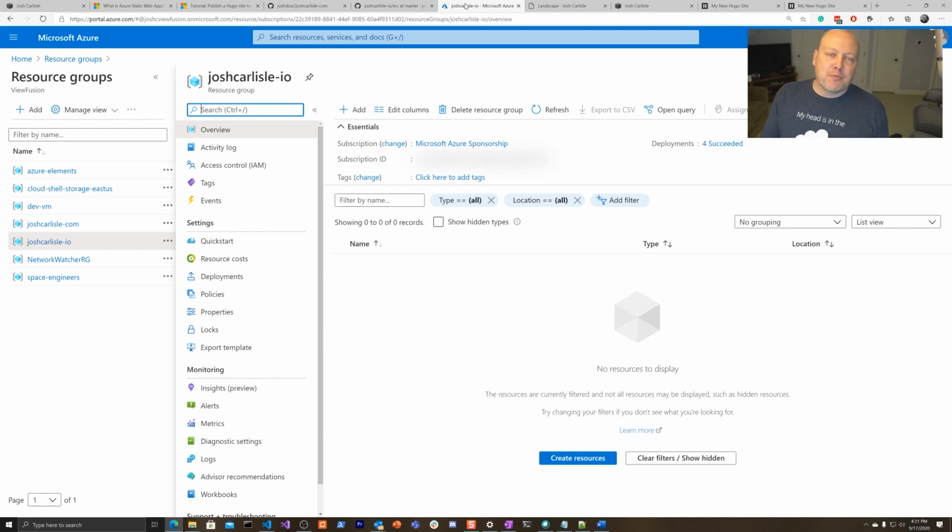Now, I'm in the Azure portal. We're going to create a new Azure Static Web App instance through the Azure portal. Now, of course, I'm going to use the portal. It's all UI based, a lot of point and clicking, great for demos. If you're more into automation, you can of course do this through the Azure CLI or use an ARM template, right? But we're going to go ahead and add a new resource onto here.